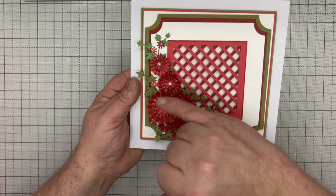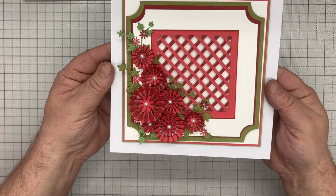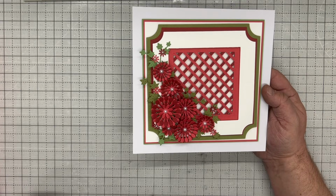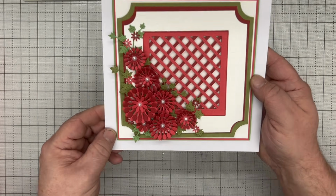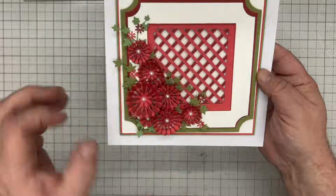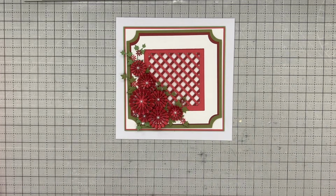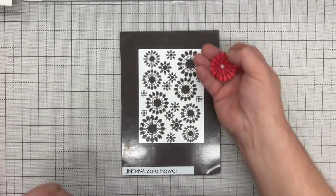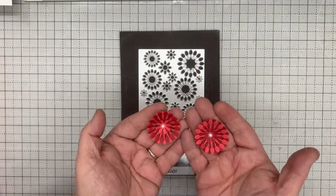I'm going to show you how to make this beautiful two-tone flower using the Zora flower. So we're going to concentrate on the Zora flower, and we're going to concentrate on the vine leaves that match with it to give us a beautiful collection of bright pop of colour where the colours interchange. So to make this version of the Zora flower where we have the two different colours showing is so simple